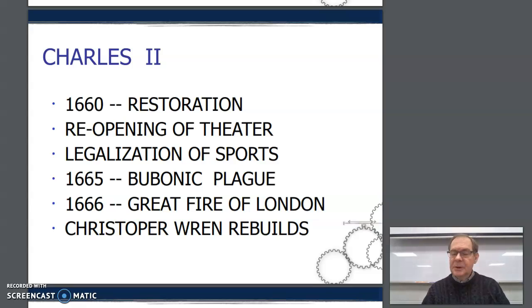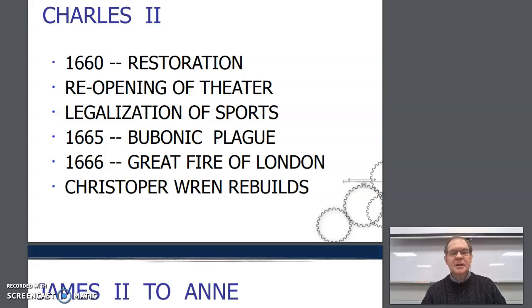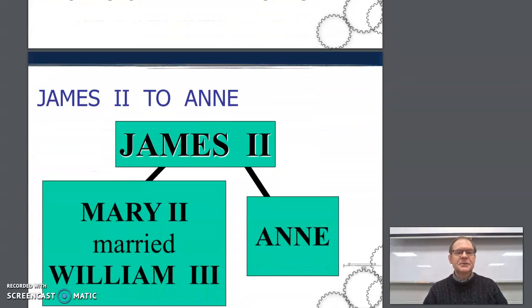After the fire, Sir Christopher Wren made plans to rebuild London. This time, the wood buildings gave way to stone and brick buildings. The thatched roofs gave way to tile roofs. Putting straw down in the streets every day gave way to more gravel being introduced into the road system. And so a lot of the roads were redone, were expanded, were widened. And many buildings still in London today are from this time period when Christopher Wren helped to rebuild London. Science and the arts begin to flourish, and Sir Isaac Newton formulates his laws of the universe.